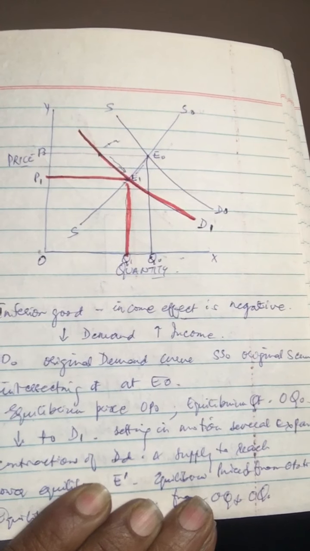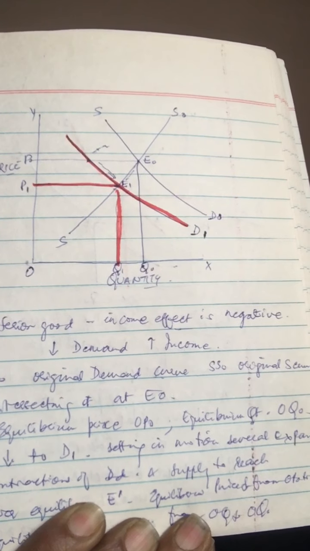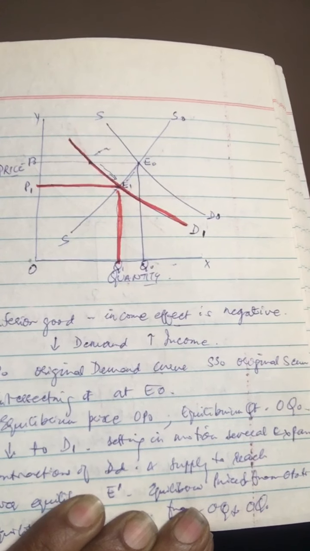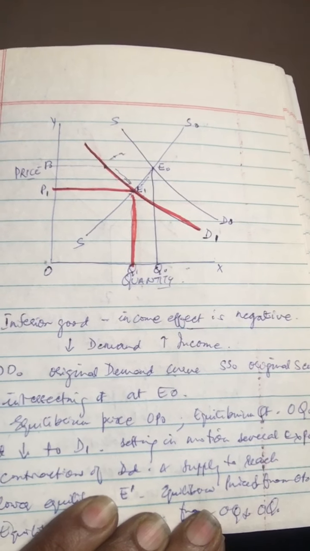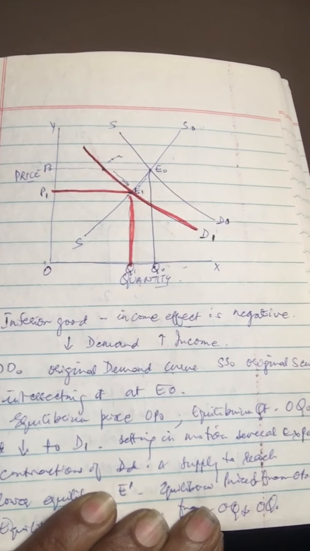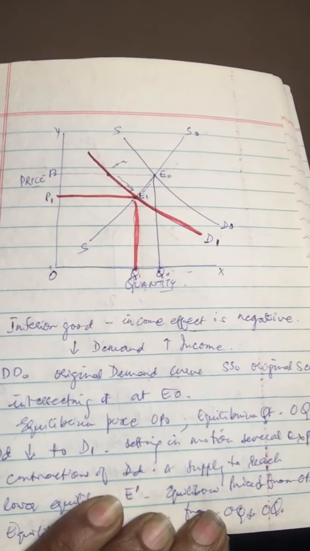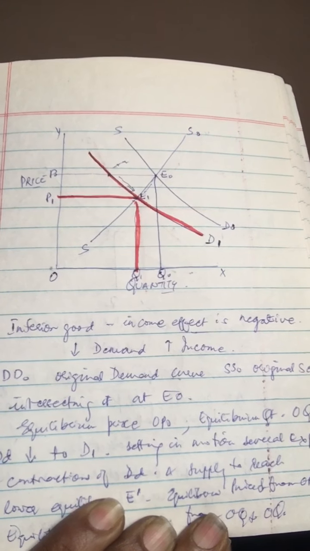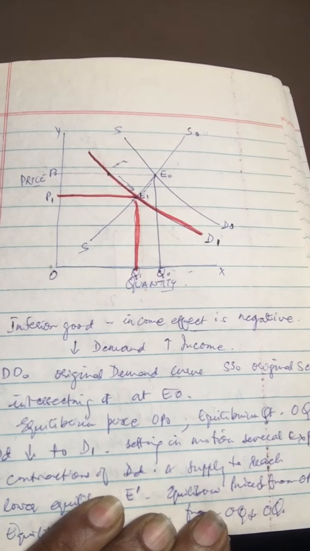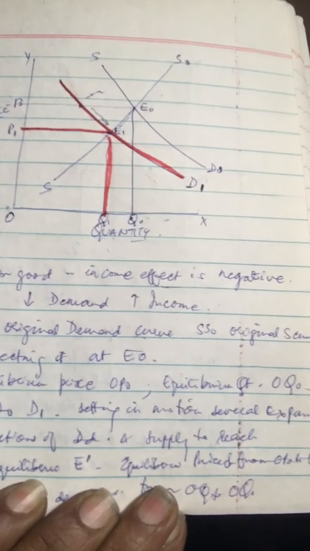So we know that there's an inverse relation between income and inferior good. It means that an increase in income of the buyer of an inferior good will result in decrease in demand. So you see that you have D original curve. So at that original curve, the initial quantity is OQ, and the equilibrium price is OP, that's the initial equilibrium price. Now when there is a decrease in demand for the commodity, obviously the equilibrium price decreases and equilibrium quantity also decreases. Well, that is a given, you can understand, but how does it go about?